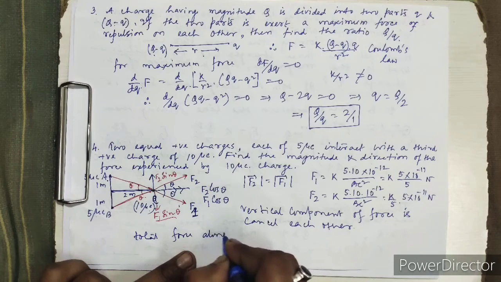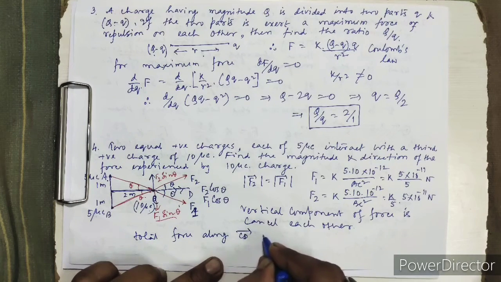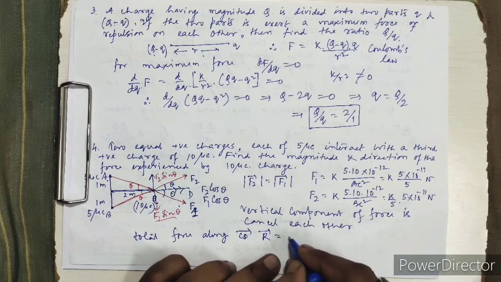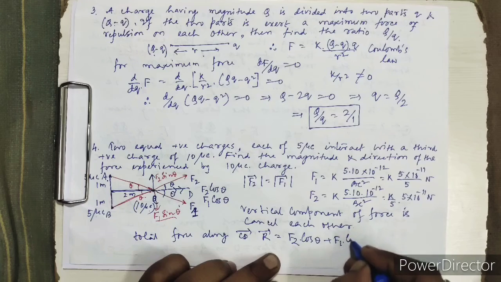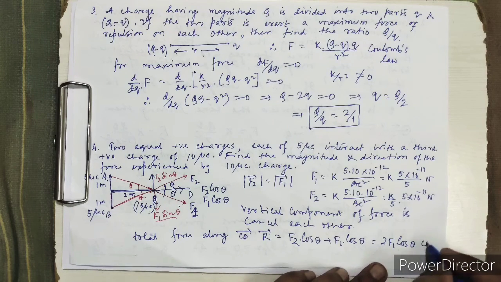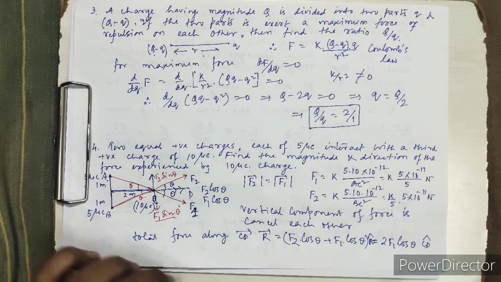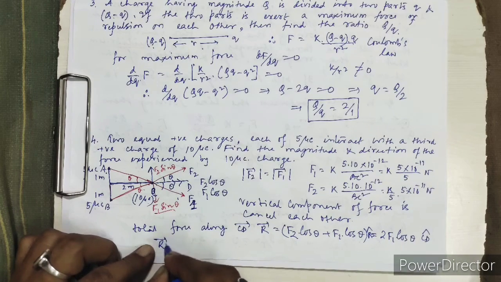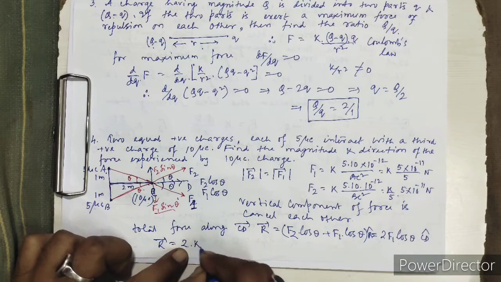along, say this is C, this is D, CD, R equals 2 F2 cos theta plus F1 cos theta equals 2 F1 cos theta along CD, the vector component along CD or along R. Therefore, R vector 2 F1, K means 9 into 10 to the power